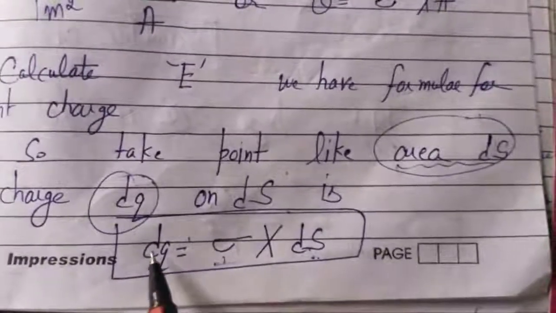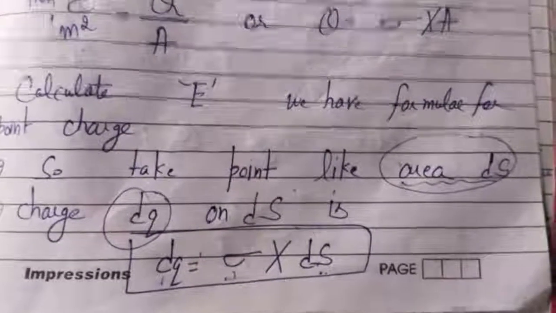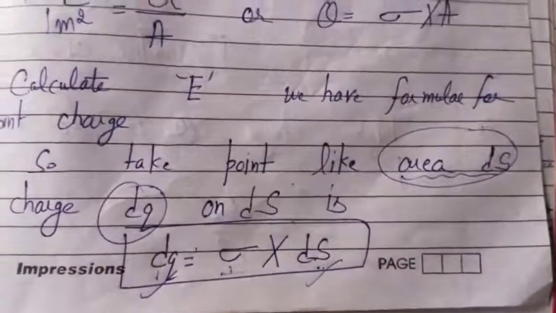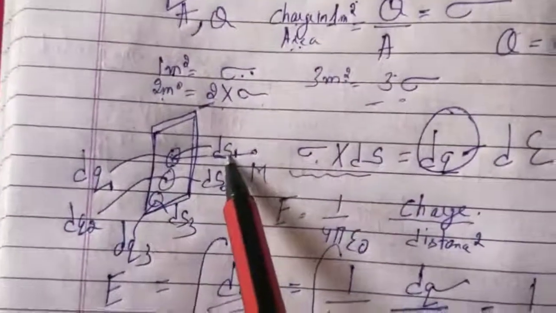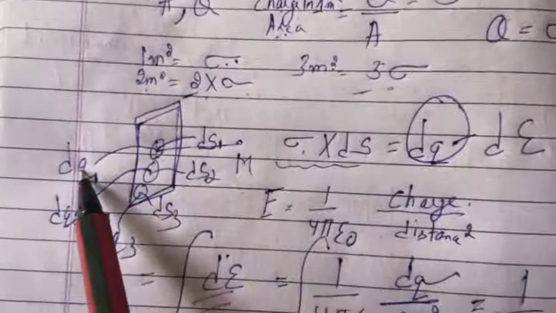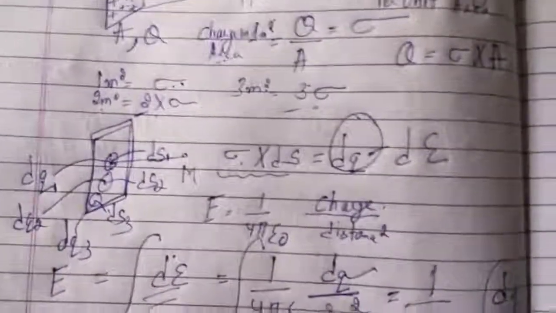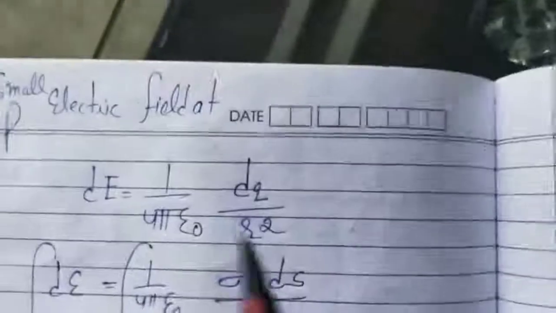Means we have put the value of charge held equal to dq. That means dq is the small charge that is held by ds surface, and ds is a part of this. ds is holding dq, and there are so many ds. We will calculate when we will be calculating the net electric field. So next, you will put the formula